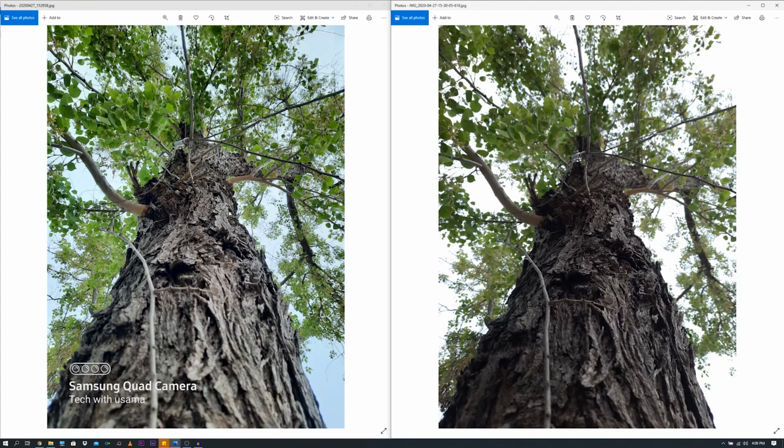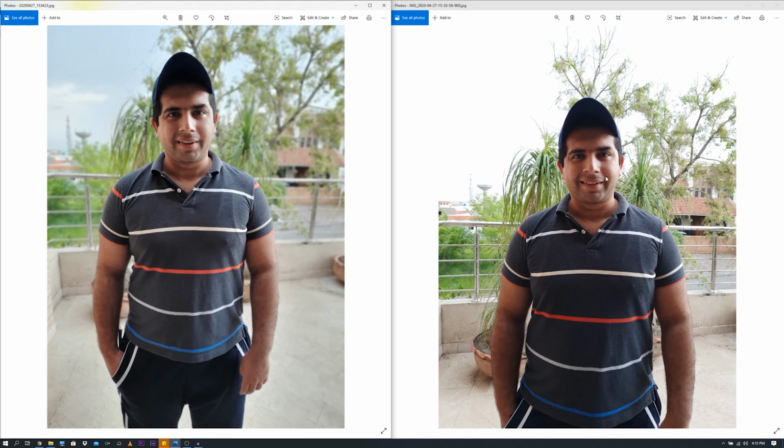Now this is another stock camera live focus versus the portrait Camera Go image. You can clearly see that the stock camera is way ahead here. The Camera Go application is messing up the highlights. Look at the background, it's completely wiped off. On the other hand, the stock camera is blurring out the background, but it's not wiping it out. The background looks really nice and it's giving a really good touch to the subject, which is myself in this image. On the other hand, the Camera Go application has just completely lost it.